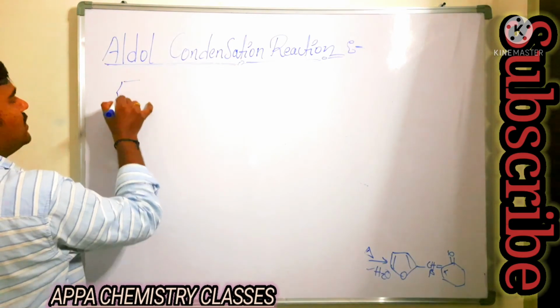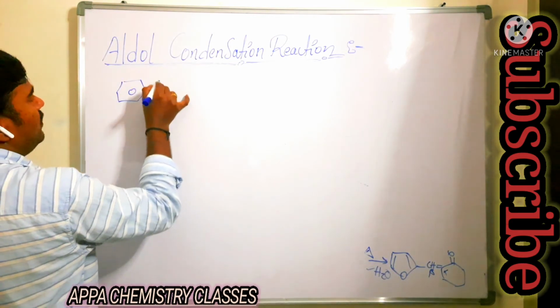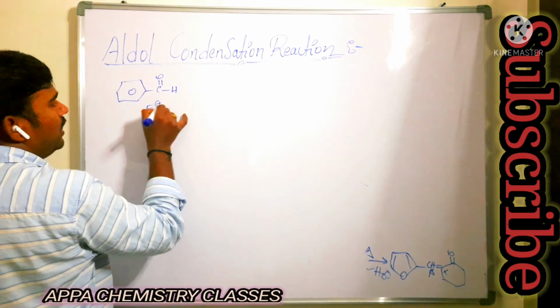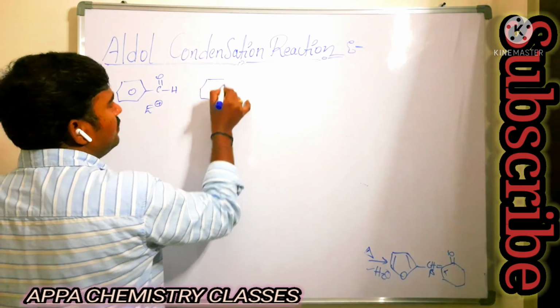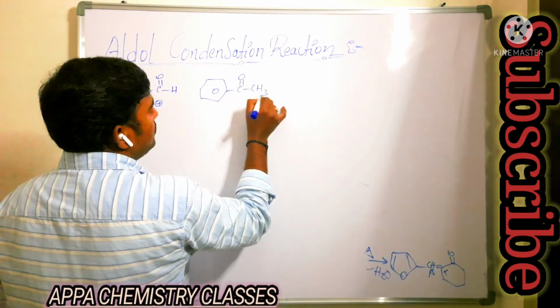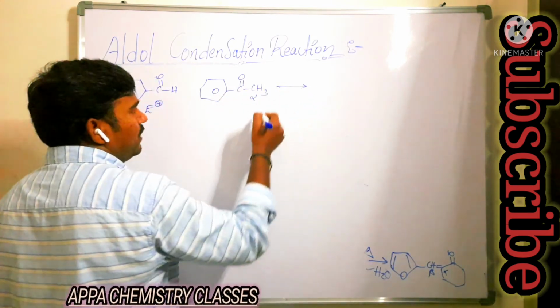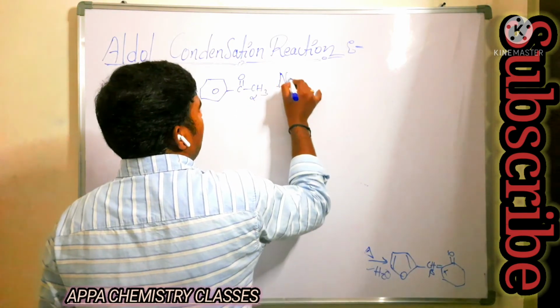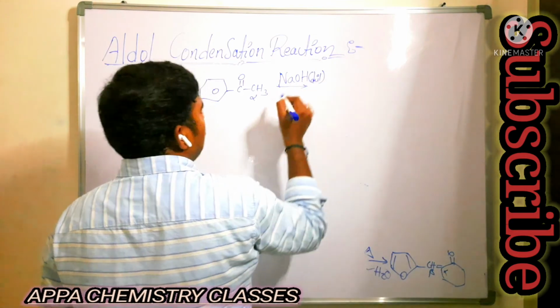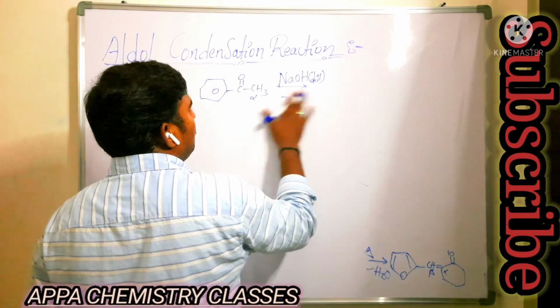So I am taking benzaldehyde, without alpha hydrogen, which acts as electrophile, with alpha hydrogen containing acetophenone. This has alpha hydrogens, so whenever it reacts with dilute sodium hydroxide, we are going to get, by loss of water molecule,